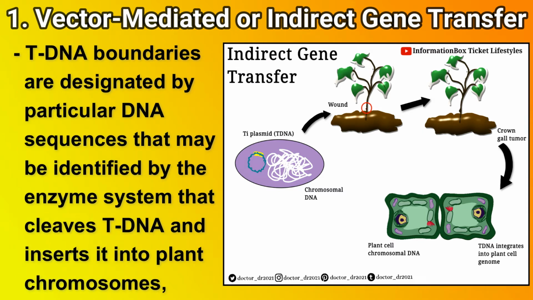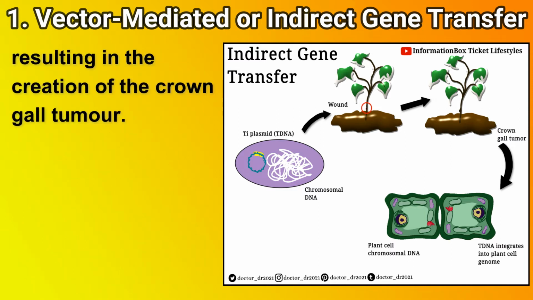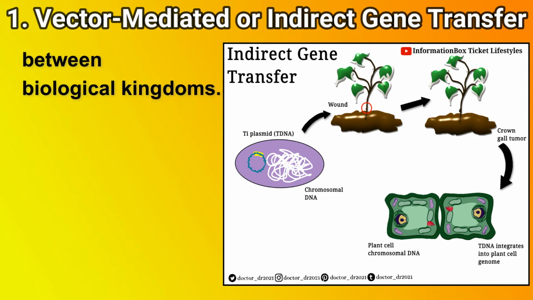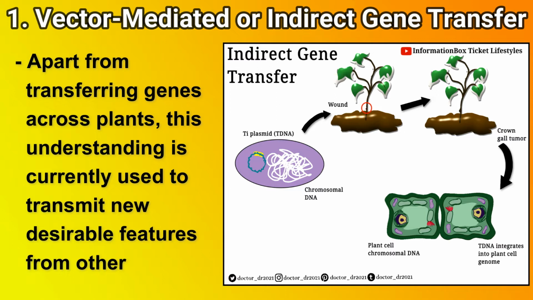T-DNA boundaries are designated by a particular DNA sequence that may be identified by the enzyme system that cleaves T-DNA and inserts it into plant chromosomes, resulting in the creation of crown gall tumor. This natural occurrence of plant genetic engineering is significant in biology because it shows that DNA may be transmitted between biological kingdoms. Apart from transferring genes across plants, this understanding is currently used to transmit new desirable features from